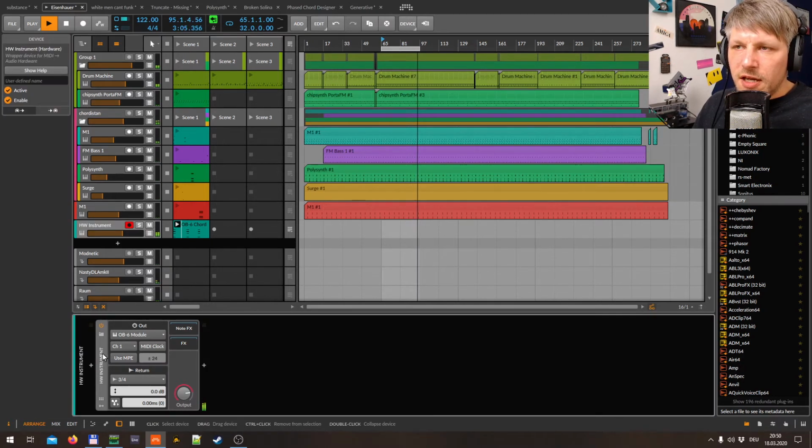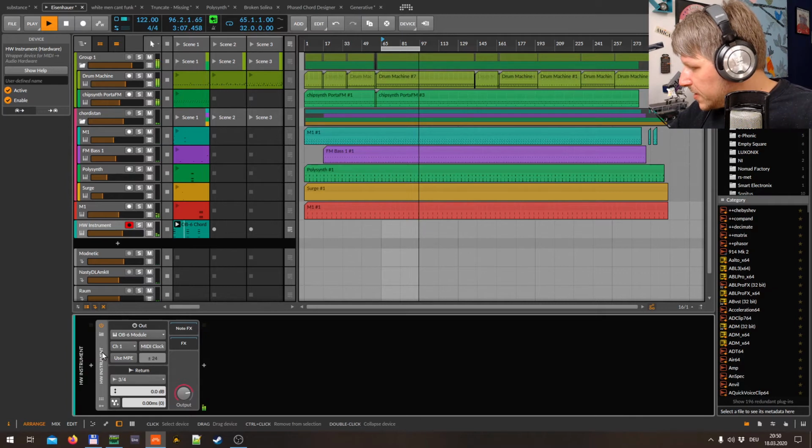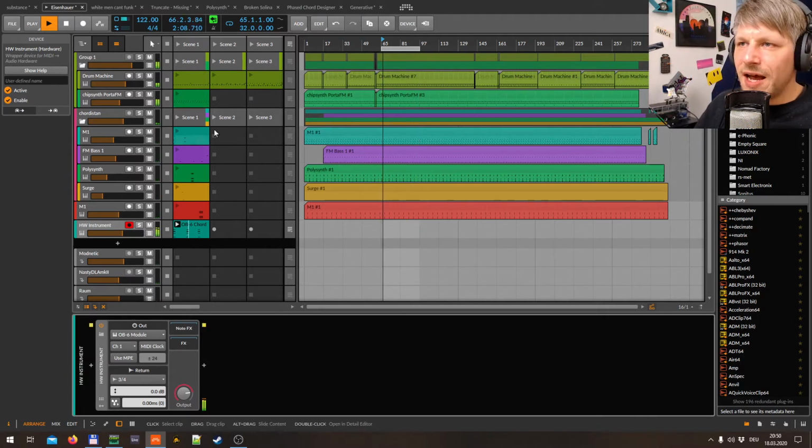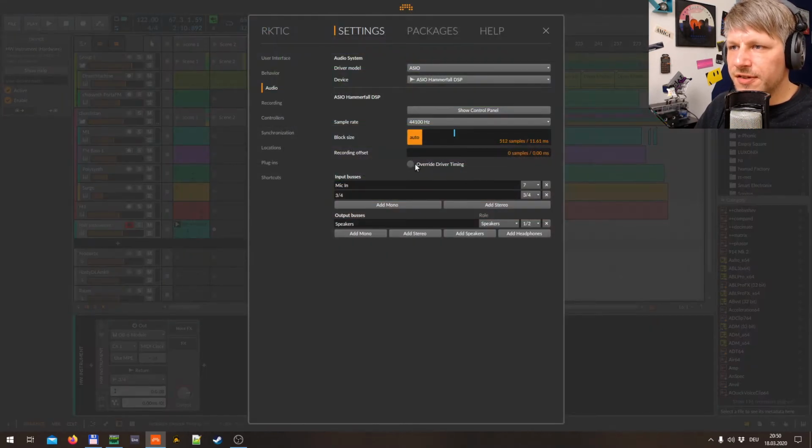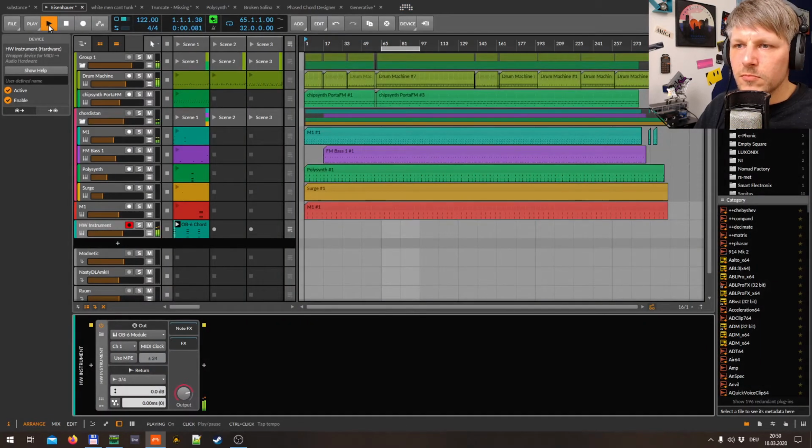And is it perfectly synced? Let's check. No, it's a tiny bit off. And interestingly enough, there is an option to say override driver timing in the main settings. And if I let Bitwig do that job,